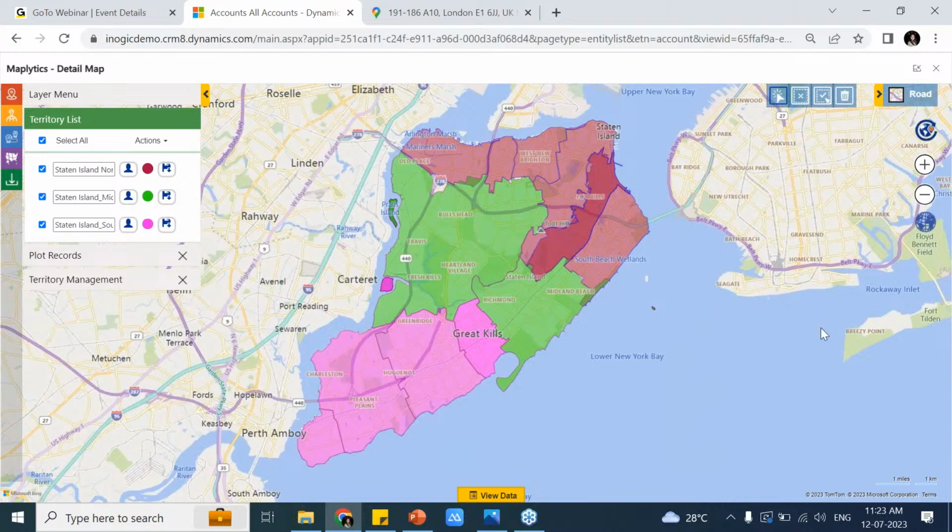So this was territory creation, territory visualization and realignment that we saw. If you want to know more about this territory as a whole, we can definitely have a one-to-one call wherein I would be presenting based on your requirement, right? So based on the agenda,